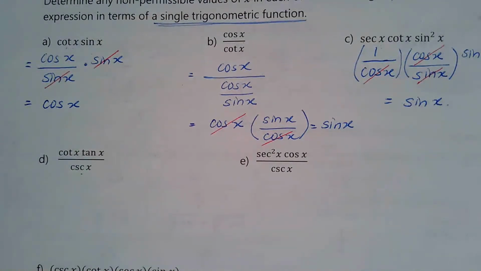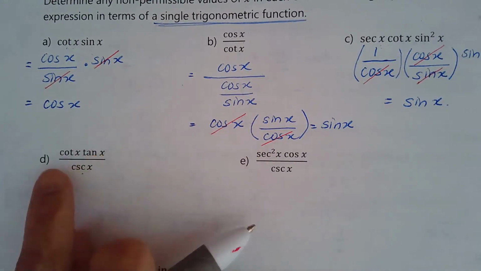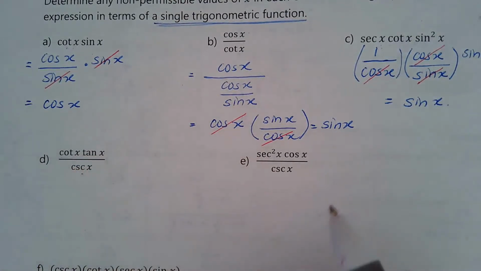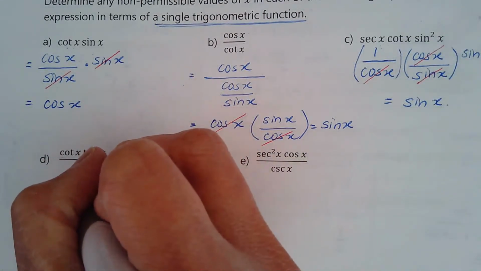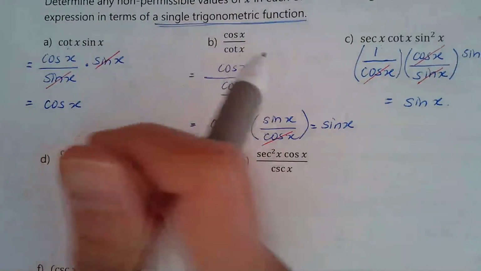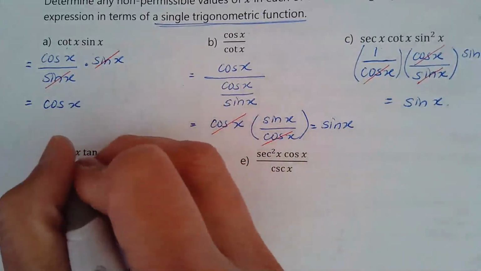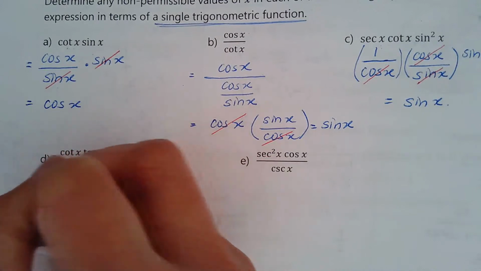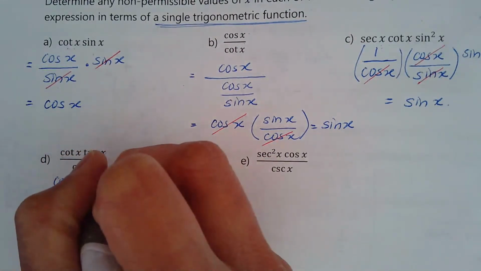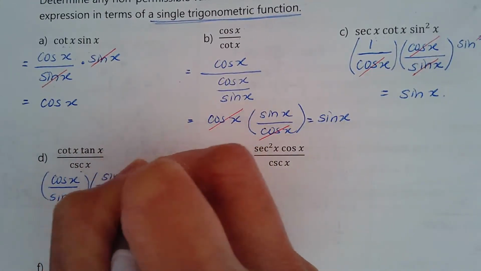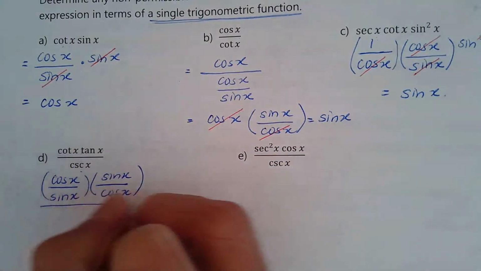Well, that is going to be 1. Okay, so cotangent of x times tan of x, because they're reciprocal of each other, that's just equal to 1. Okay, now if you don't want to do that, let's say you've forgotten that's 1, let's see here. Cotangent of x is cos x over sine x times sine x over cos x divided by,